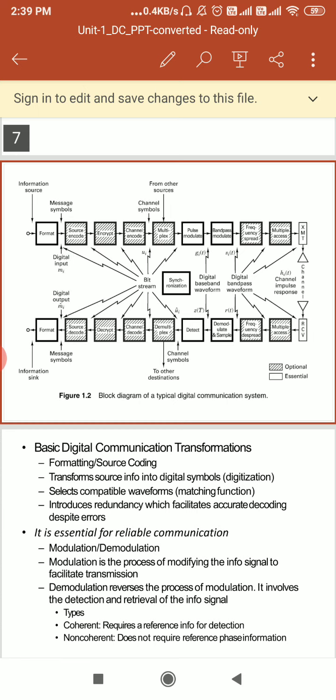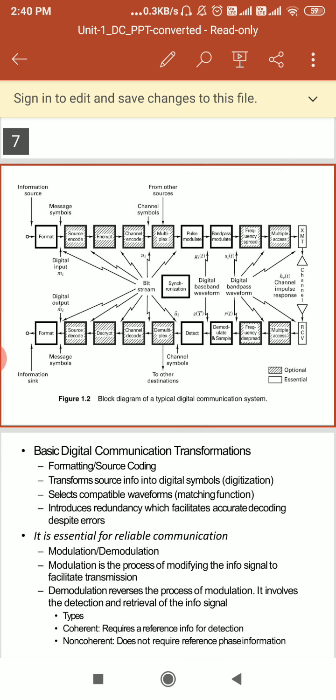When a channel is shared by multiple users, we can use multiple access techniques like time division multiple access, frequency division multiple access, and CDMA, code division multiple access. The spread spectrum and multiple access techniques are used in the digital communication system.